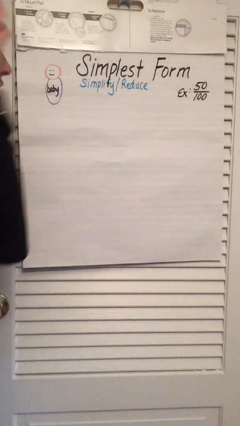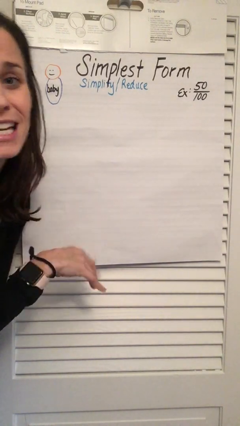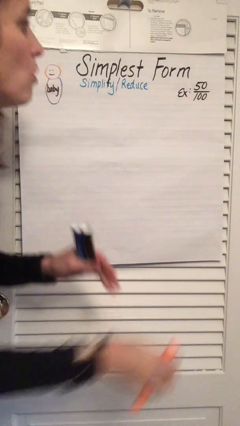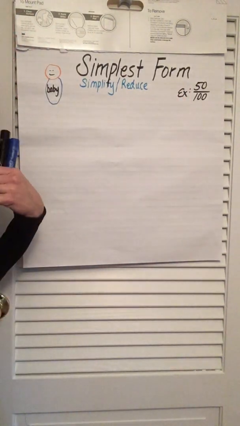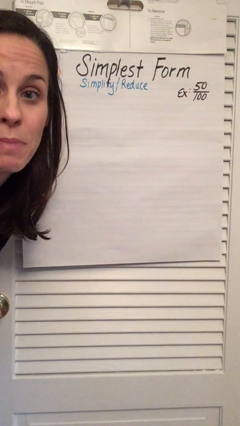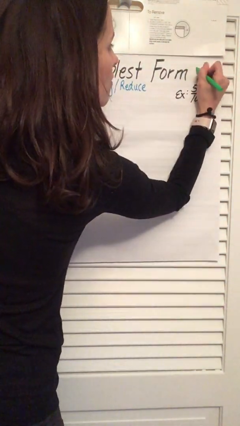Okay, so to find simplest form, I used to think about it as finding the little baby fraction, okay? So what do I mean by that? Well, let's look at an example. If you read 50 out of 100 pages of a book, if you say, well, I read 50 out of 100 pages of that book,